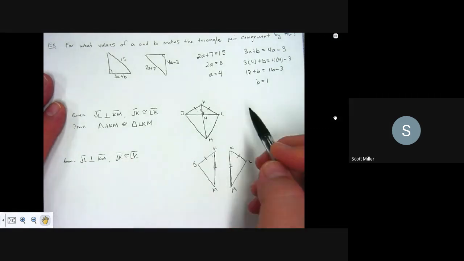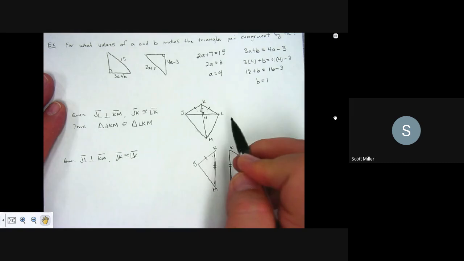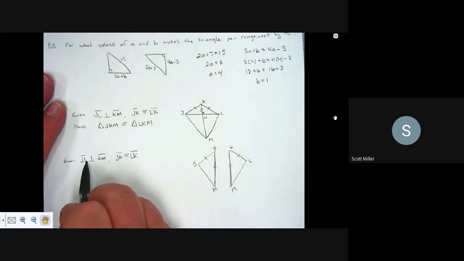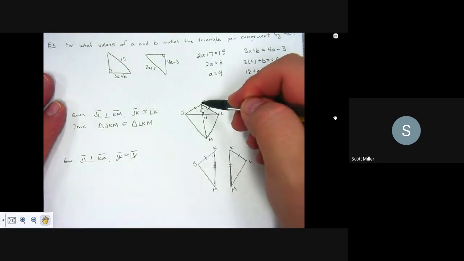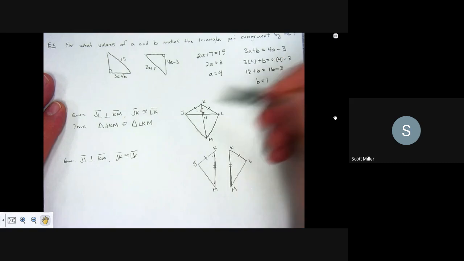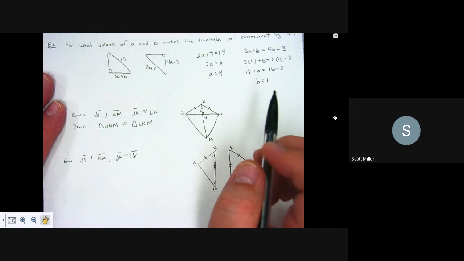So the one thing that you may not remember, but I'm going to write it out, so make sure you add it to your list of things that you can use as your tools for showing things for reasons. What does it mean why these two things are perpendicular? So if I'm given that, what can I conclude from that? That JL is perpendicular to KM. Well, perpendicular lines form right angles. Okay? So I can conclude